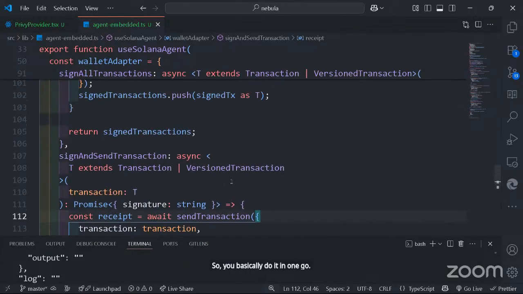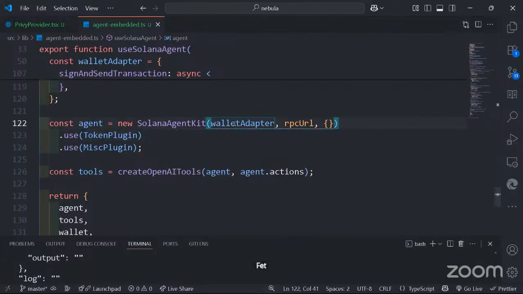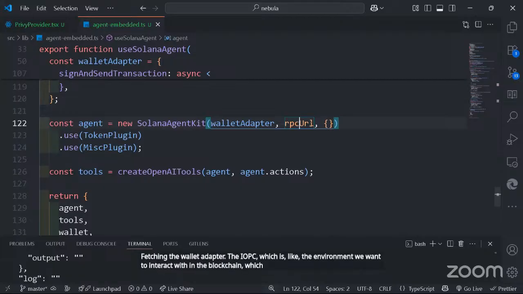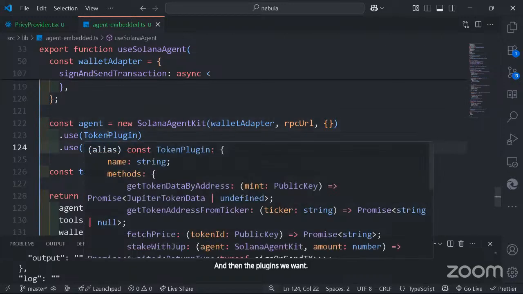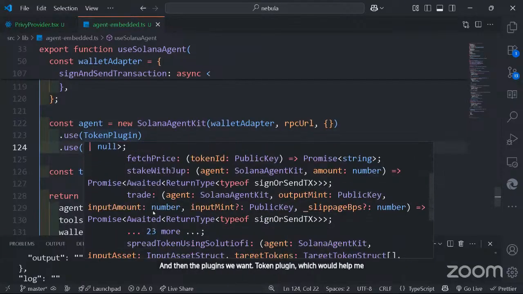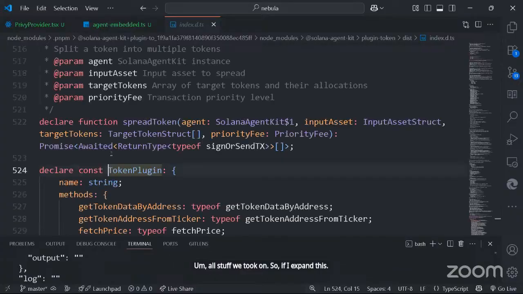All right. And then the next thing is we set up our agents, fetching the wallet adapter, the RPC, which is the environment we want to interact with in the blockchain, which is mainnet beta. And then the plugins we want, token plugin, which would help me get all stuff with token. So if I expand this deeply,